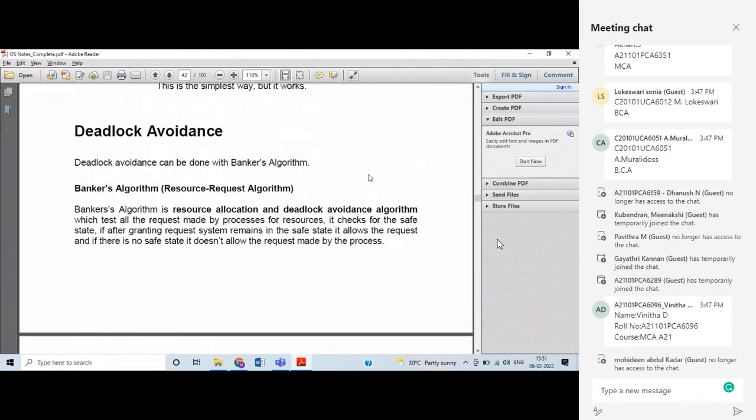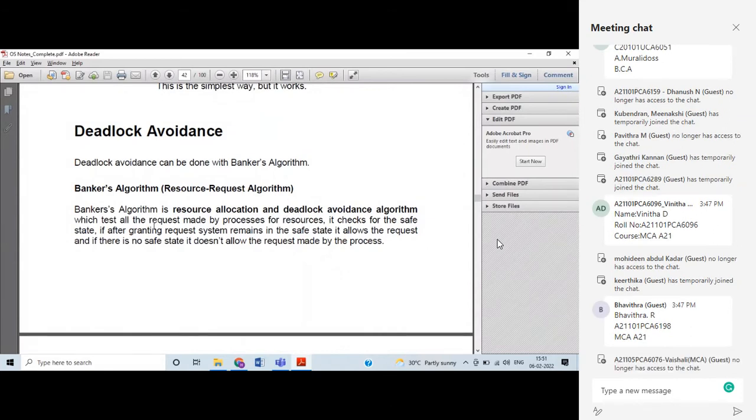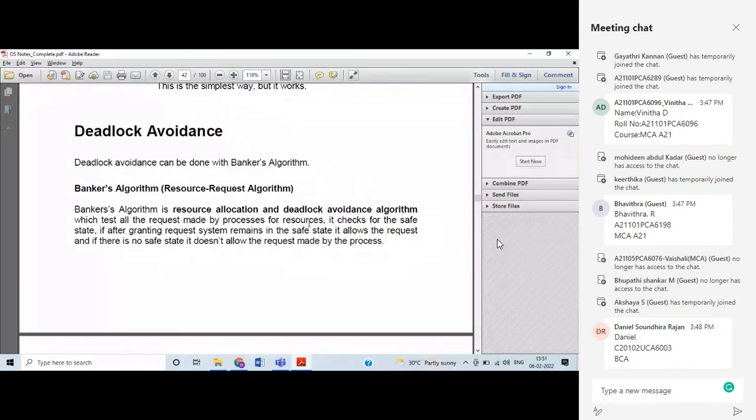In order to avoid deadlock, we have this algorithm. It first tests the request made by the processes, and then it checks for the safe state. The second step is to check that after granting the request,